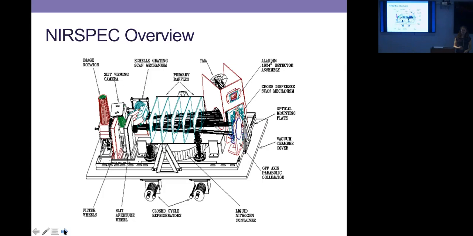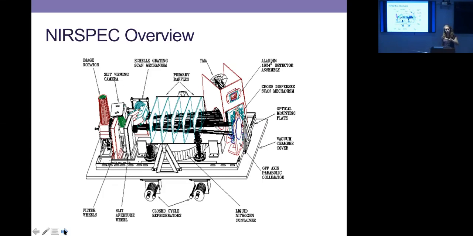NIRSPEC was originally commissioned in the late 90s, and upgrading it has been an adventure because all of the documentation, all of the drawings were done in the original AutoCAD and not in SolidWorks. And so it's been an adventure porting everything into more updated software to try to understand what's going on. In any case, NIRSPEC is a 1 to 5 micron echelle spectrometer,